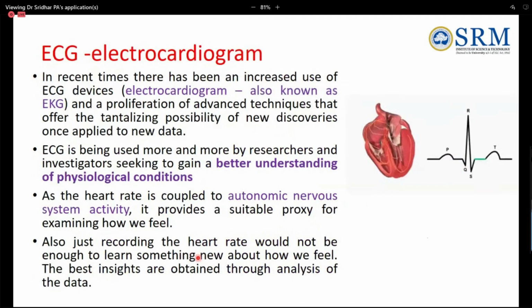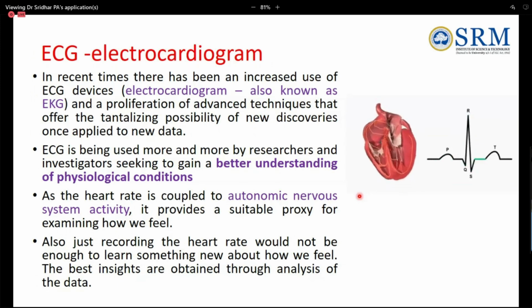So, as most of you know about the ECG, in recent times ECG has been extensively researched. Many theses and research papers have been published or reported in terms of analyzing the ECG in different modalities. ECG is being used more by researchers and investigators in recent days, seeking a better understanding. So the point is, we still know that once the ECG machine has been used to record the ECG signal,